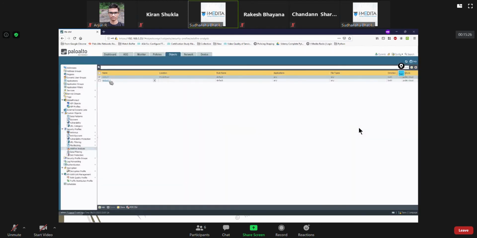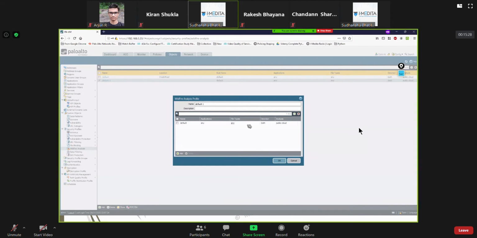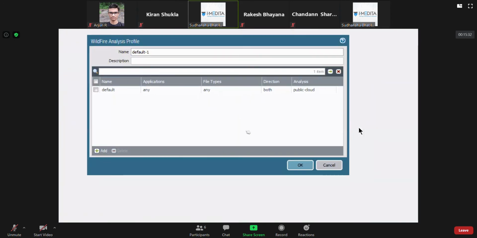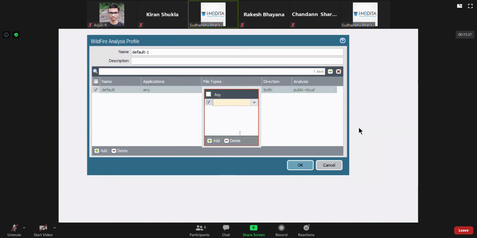But just in case you want to be specific about which files you want to upload to the Wildfire public cloud, then you can select individual file types, like I want this to be sent to public cloud or like that.